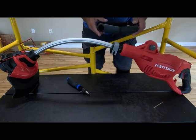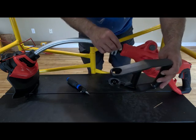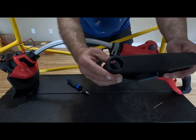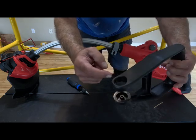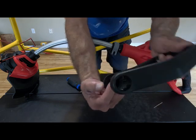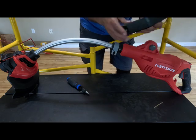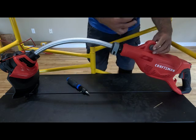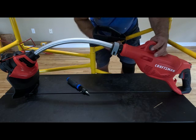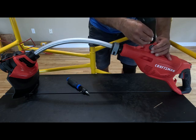Now we're going to attach what they refer to as the auxiliary handle. This will only go on one way. It's going to attach up here, and you can see that on one side of it, it has these grooves, and on the other side of it is just this hole, which matches up on the opposite side of the trimmer. So what you do is you push these two buttons in, slide the handle